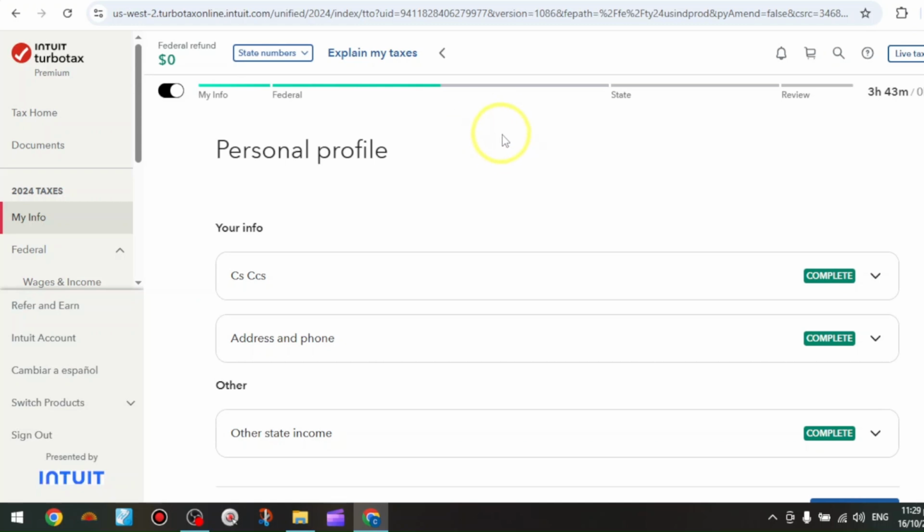So for today's video, I'm going to teach you how to change to married filing separately on TurboTax. So first, of course, you may want to head over to Intuit TurboTax and make sure that you're logged into